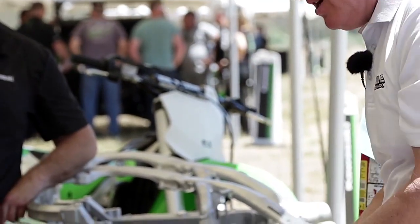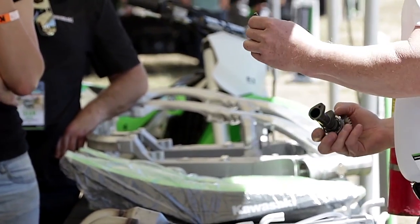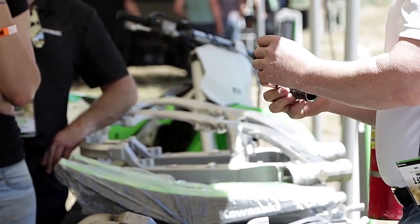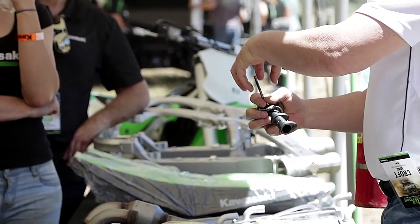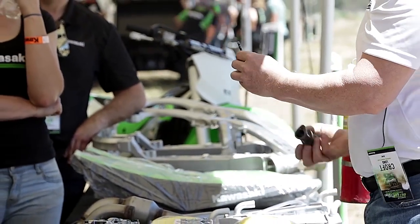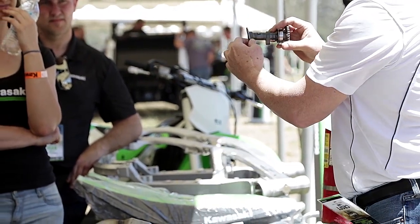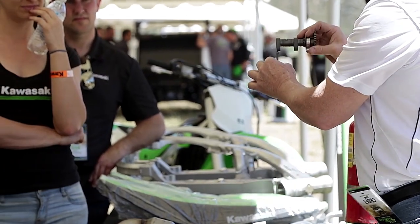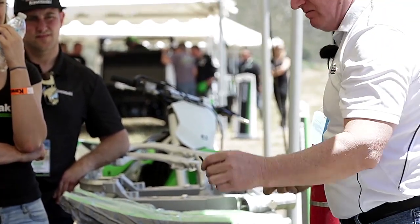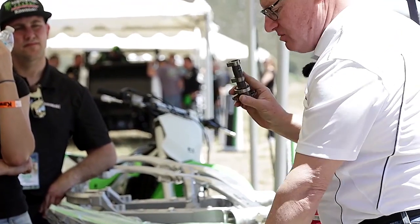The reason is because we now have a new valve actuation. So this is your '18 valve. Normally it sits inside of the engine here, and there's a bucket that goes over it, and the shims go under the bucket to set the clearance. And however high the cam lobe is, that's how far the valve gets pushed down. It's a 1-for-1 ratio. The new system, what they did is they made these cams a little smaller because they